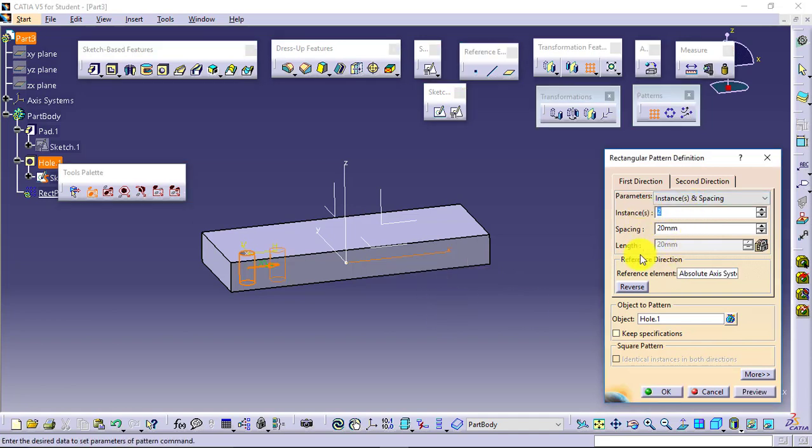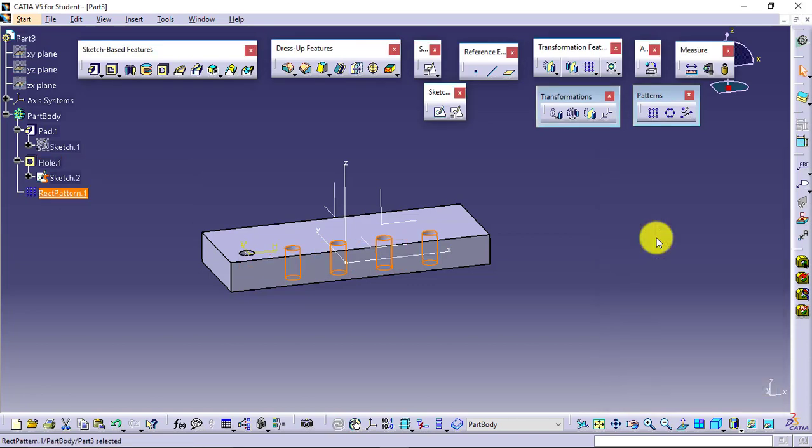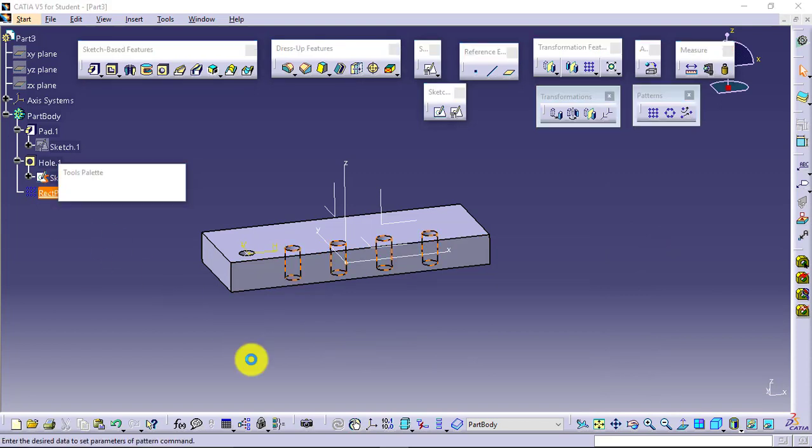Yes, how many instances I want and what will be the spacing between them. If you have that thing available, select that and give the values. If you have instances and length available, then give the instances and total length. Say I want 5 instances in a total length of 100 mm. It will adjust, I don't need to calculate it. If I have spacing available, that I want a total of 5 elements and the distance between 2 should be 30, then it will create like that. This is the case.